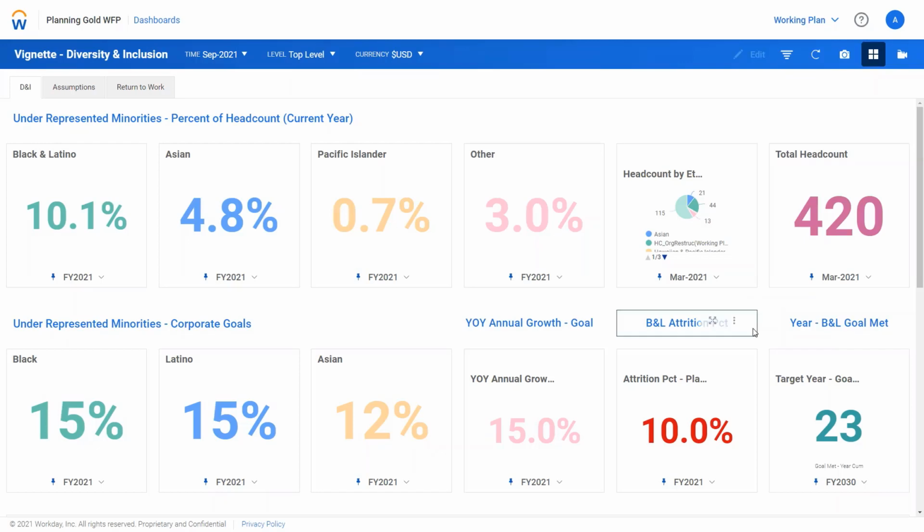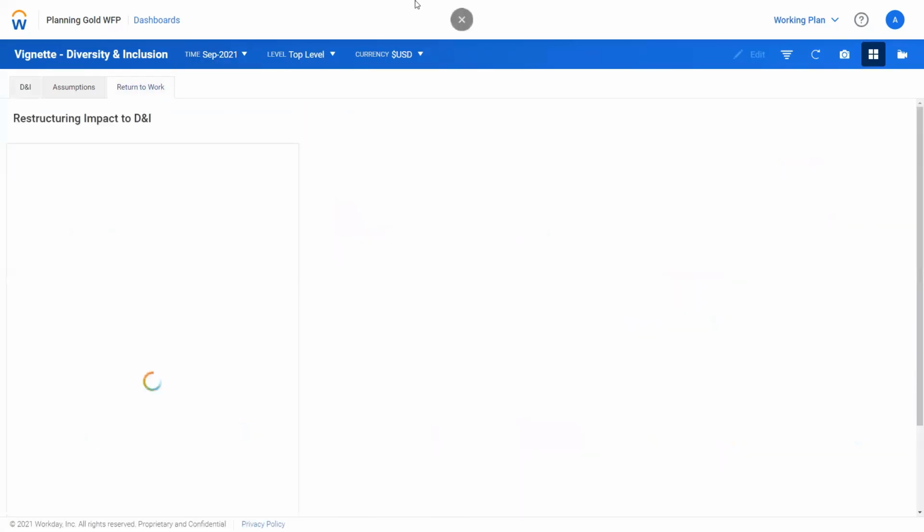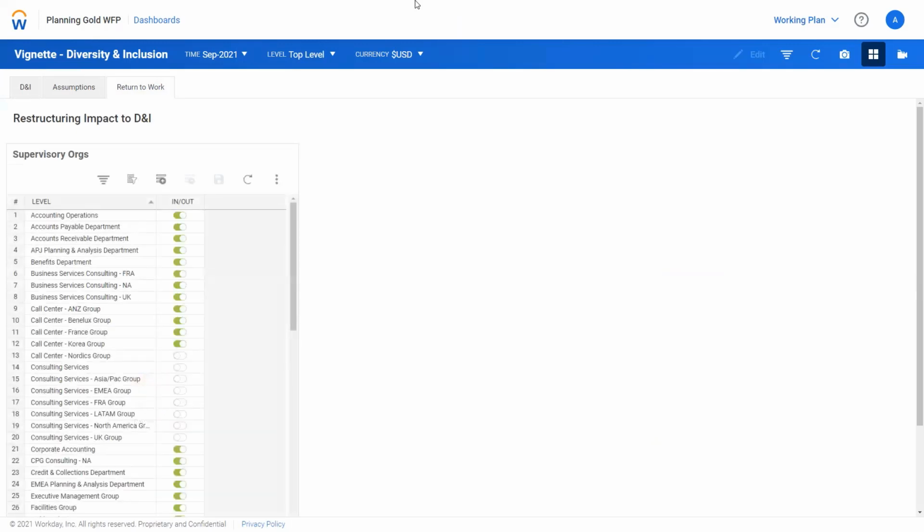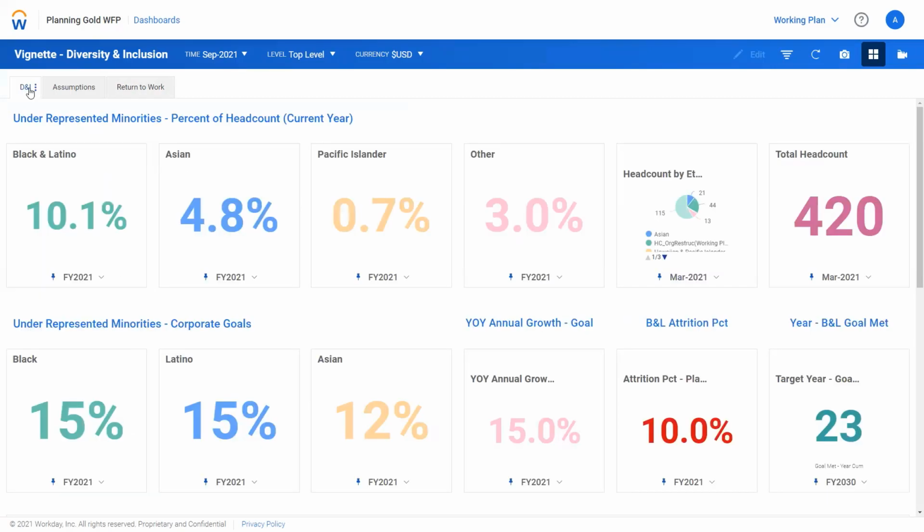Lastly, with the power of the underlying planning database at work here, we're also able to model the impact restructuring might have on our diversity and inclusion goals. For instance, if we had different locations, in this case, different parts of our business that we were thinking of closing, we could easily toggle these on or off to see the impact that this represents to our diversity and inclusion goals. If your organization is proactive on issues of diversity and inclusion and seeks to create an organization that better resembles the diverse world in which we live,